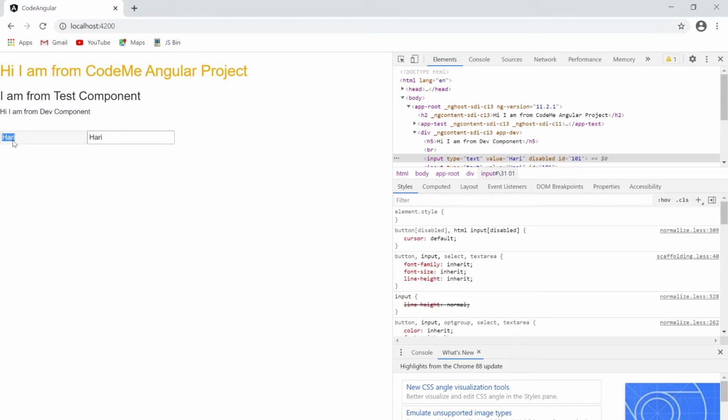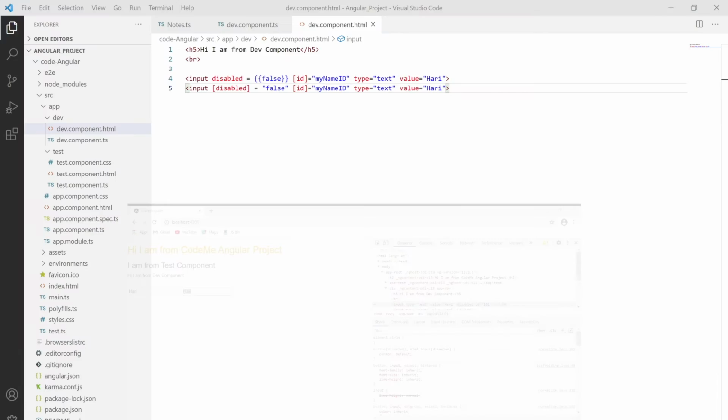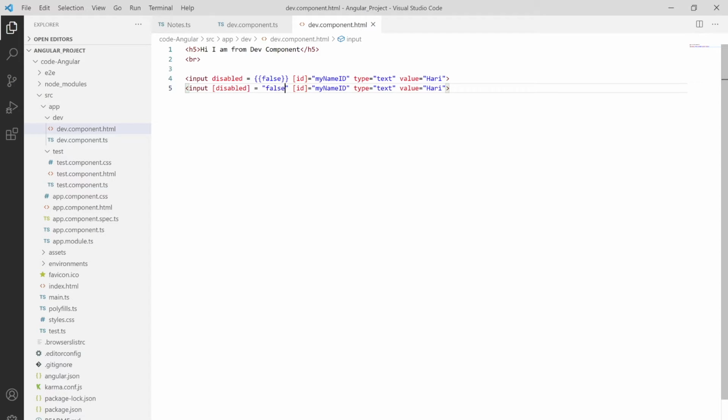In the case of string interpolation it's not editable, but in the case of property binding it's editable. Why? Let me move to the code. Because string interpolation will always bind the value as a string, whereas property binding binds the real value, whatever it is. Here it's false, so it's treated as a boolean value.